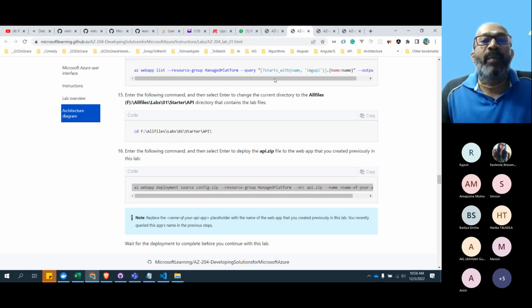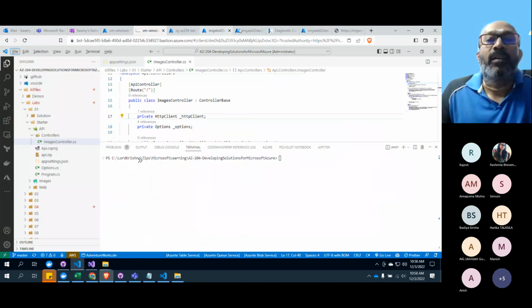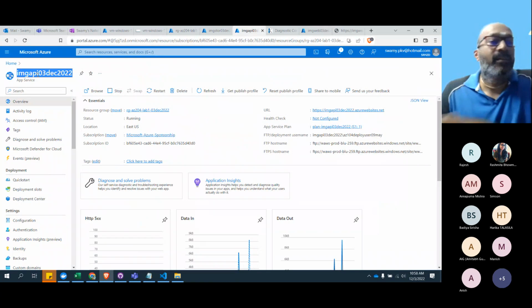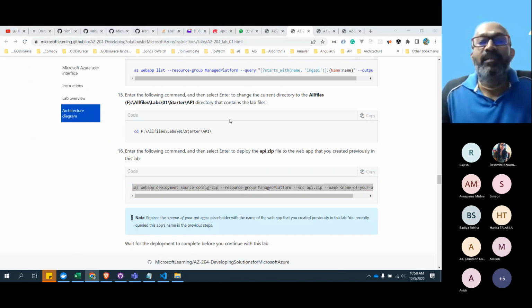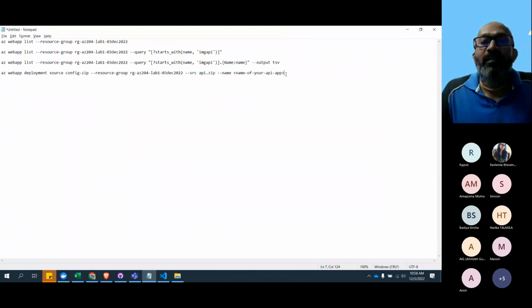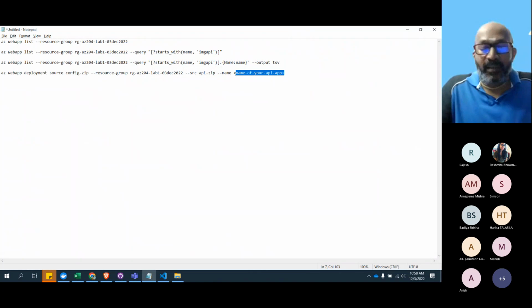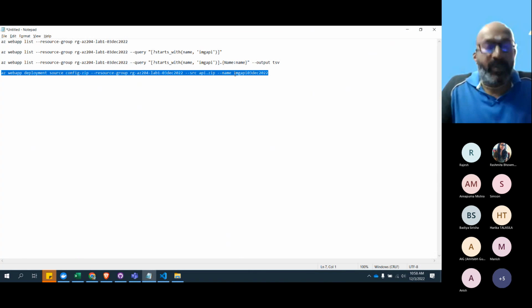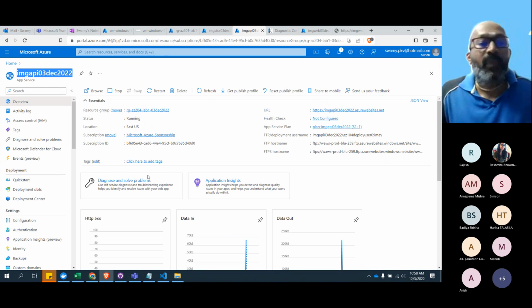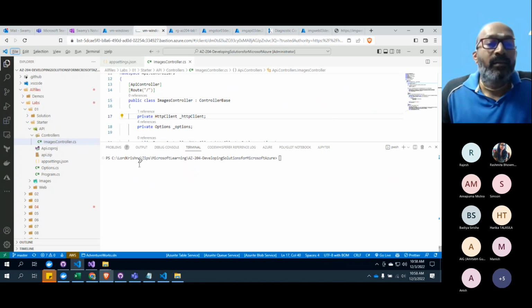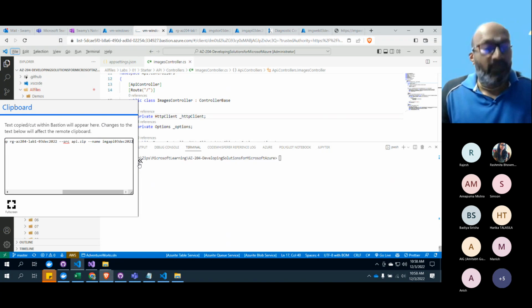What is the web app name? That's a good point. Here is that. Name of the web API. Copy this command and come back to the place where you have it.